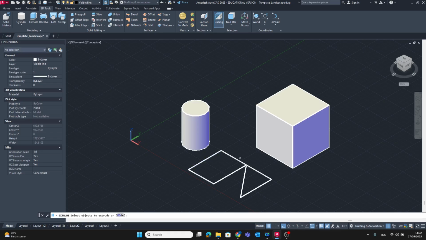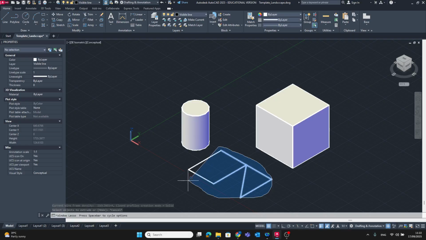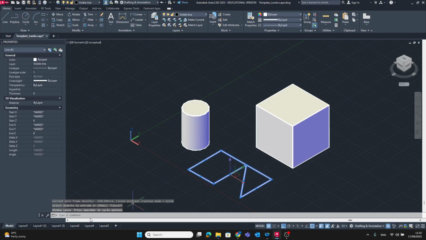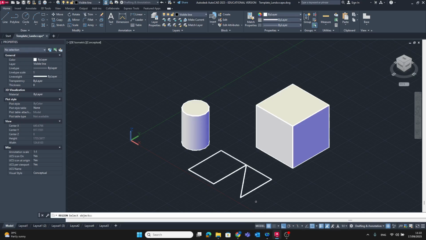Now you can see that your lines are only connected one to one, not joined together. So what we have to do is combine them and use the command region. You can find it by typing here or find the command in the draw tab, and region is here. Click here and then select the object